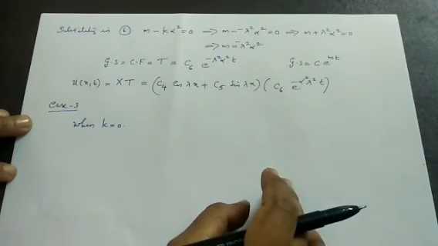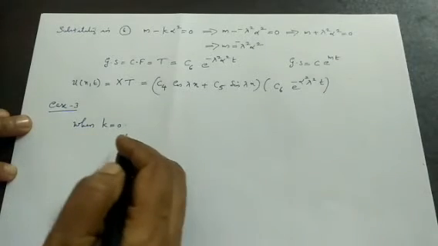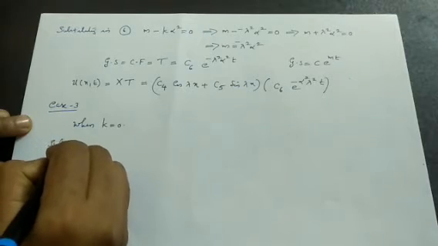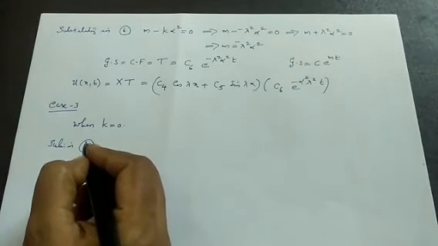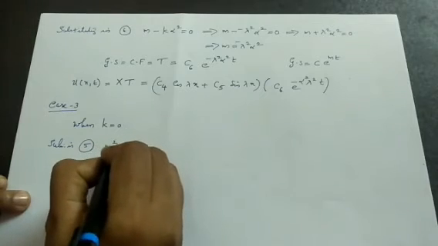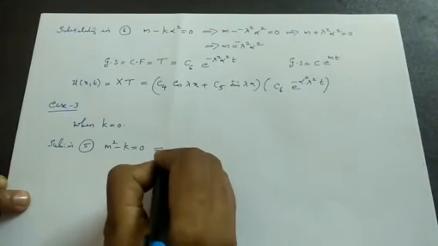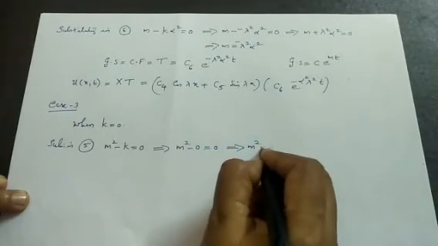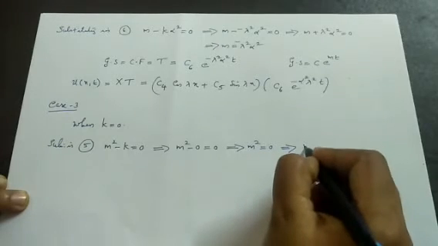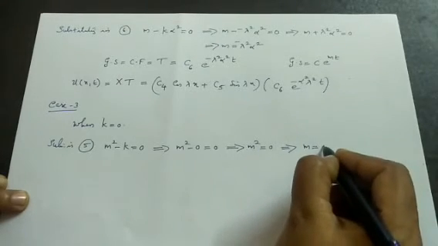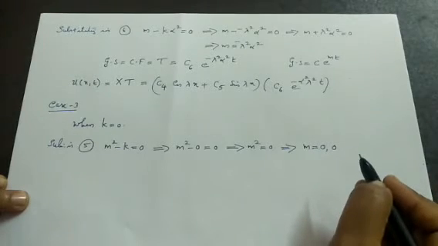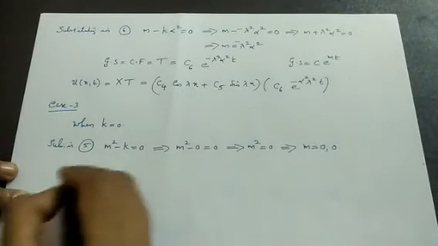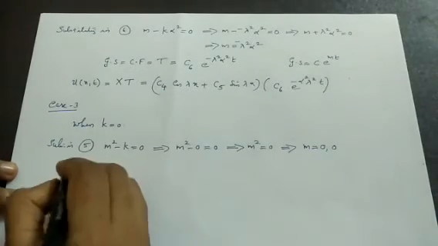Substituting k equal to 0 in m square minus k equal to 0, we get m square minus 0 equal to 0, which implies m square equal to 0, which implies we have two roots for m, that is 0 and 0. So for this homogeneous linear differential equation we have two roots,